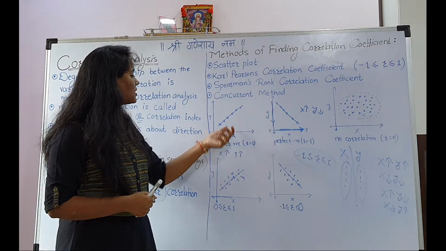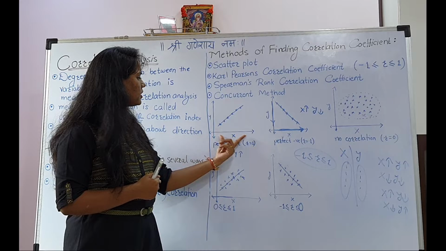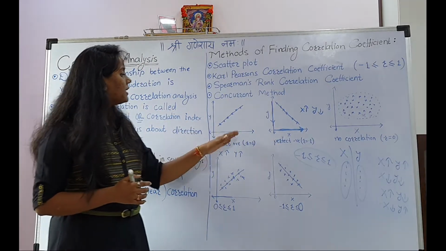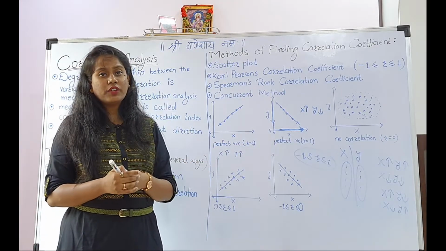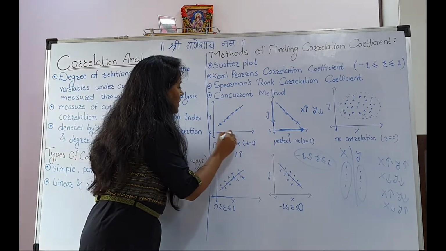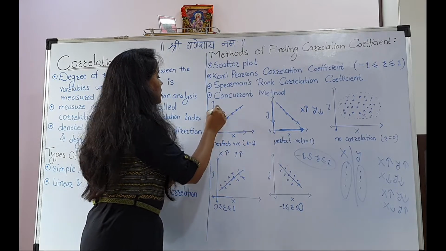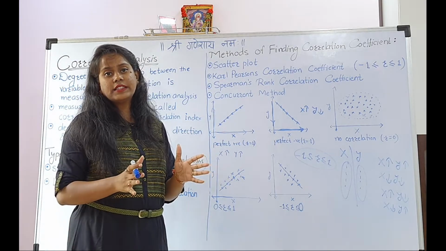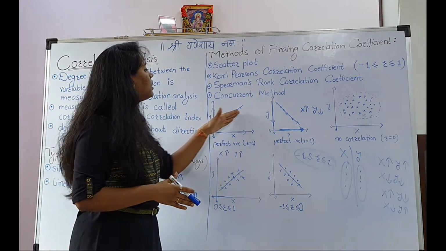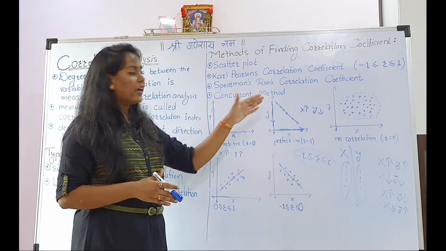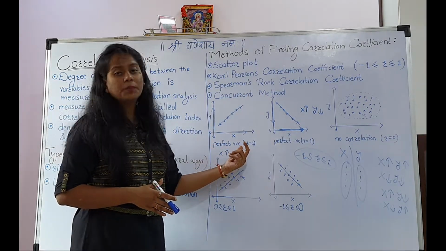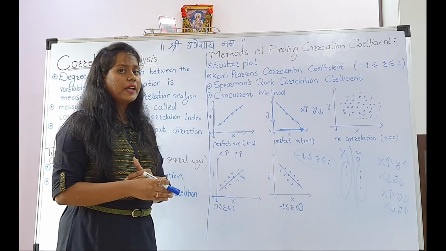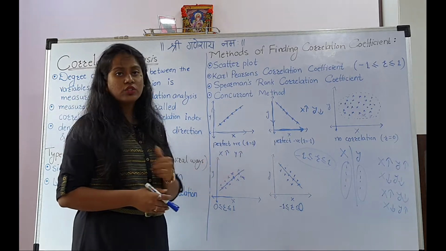Here the first scatter plot is for the x and y variables, x and y values, and it is a perfect positive. Why is it perfect positive? We can see here, as the values of x increase, the values of y also increase, and there is no scatteredness in the data. They are lying exactly on one line. They are exactly perfect, so it is called a perfect positive. Whenever we get a perfect positive correlation, the value of r is exactly equal to 1.